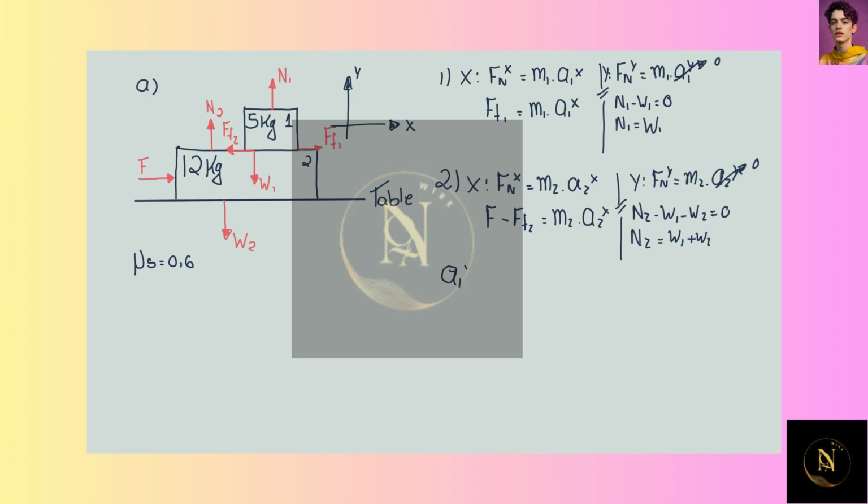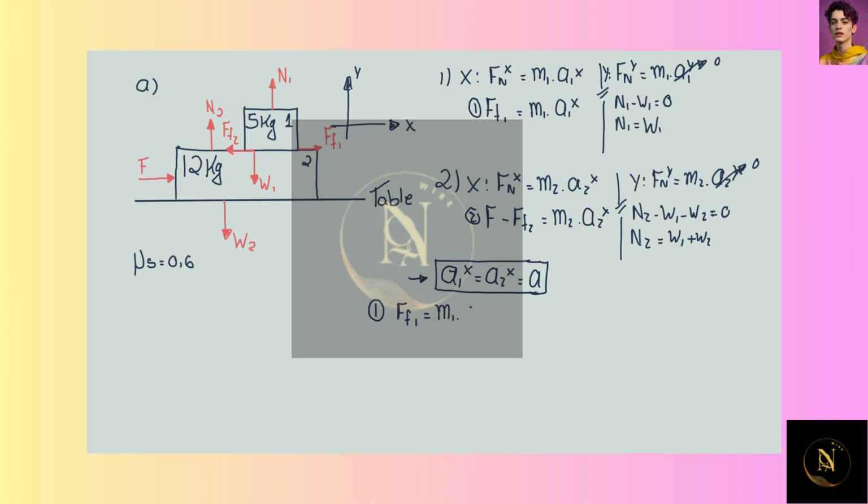It must be true that A1x is equal to A2x. This must be true, and I will call these accelerations A only. Then we have something with this equation and this equation at least. It means that using this condition, equation number 1 can be written as frictional force number 1 is equal to